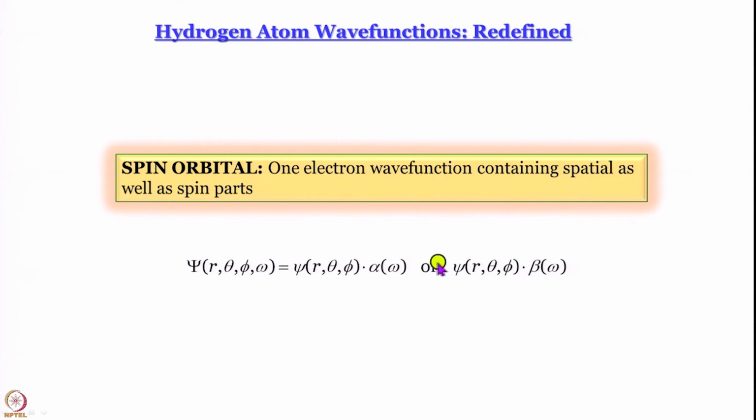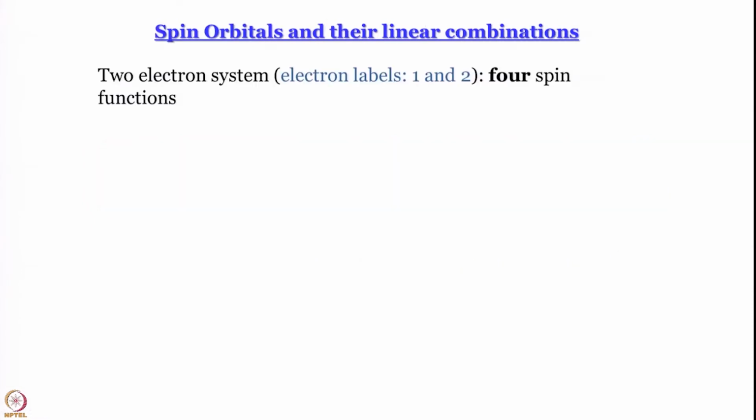Now, this state is called a doublet state. Why doublet? Because there are actually two wave functions when you consider the spin part as well. Now, let us make things a little interesting. Let us talk about 2 electron systems. Remember, that is what we want to do anyway, not only 2, we want to talk about maybe 5 electron, 6 electron, 10, 12 electron systems. To start with, let us understand how to go about it by considering a 2 electron system.